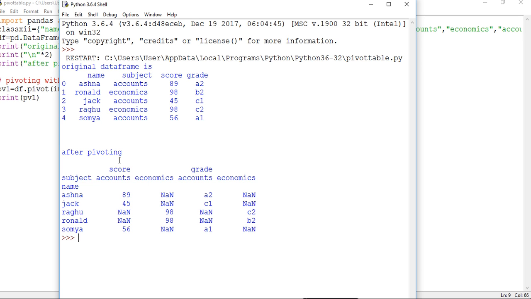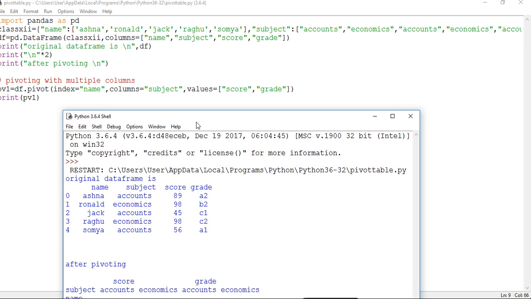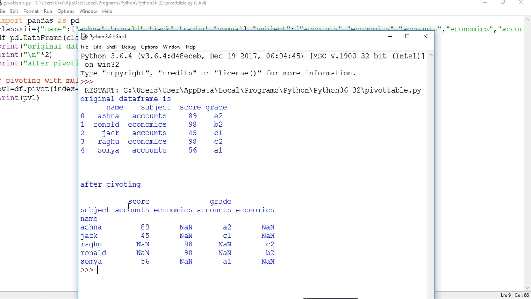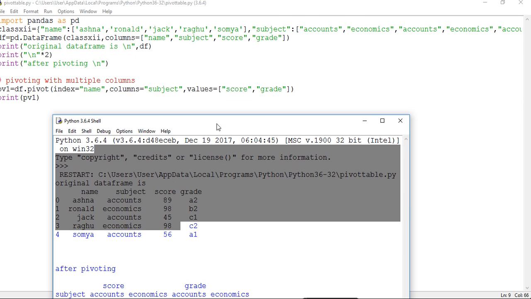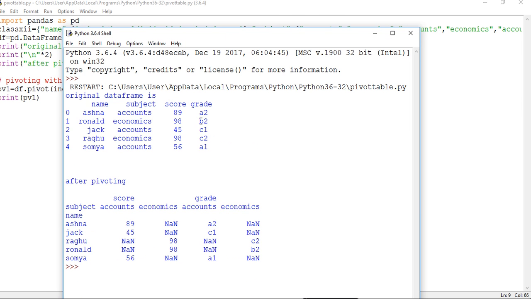See here, because in the coding we use values is equal to score and grade, so here the main two columns are score and grade, and we use columns is equal to subject, that contains two subjects, accounts and economics.